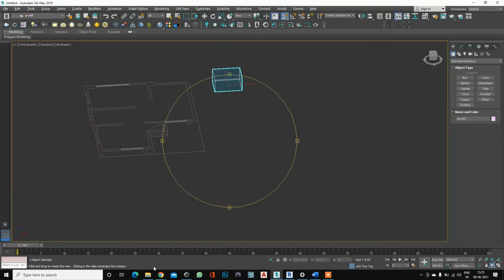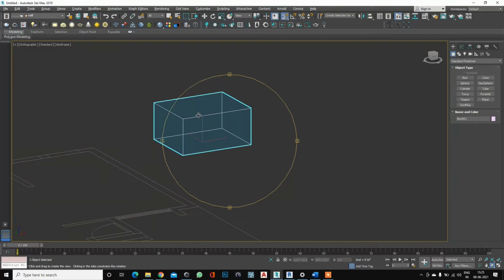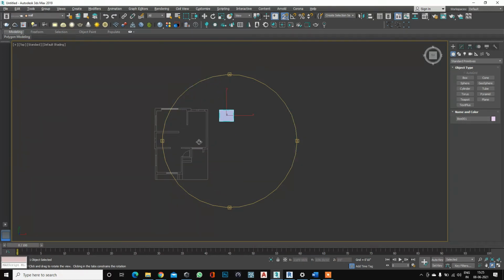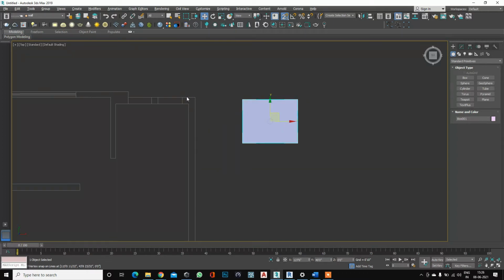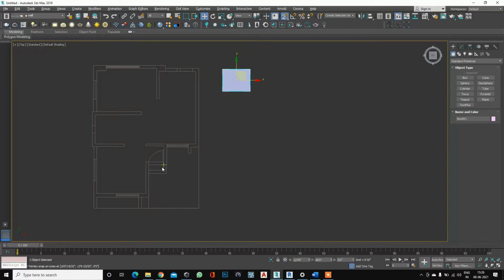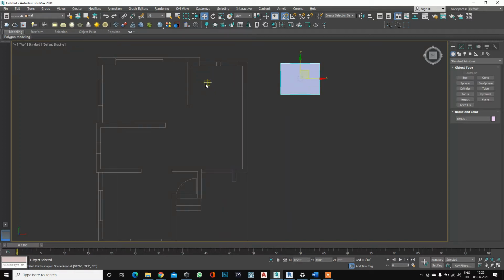We'll see if anything is remaining. Now here I imported one CAD file. First of all, I will let you know that in 3ds Max the working method is not the same. You can work with multiple different methods doing the same work. Today I show you one method which I already use in commercial fields, and this method is actually used in the market also. So many types of methods are used in 3ds Max.